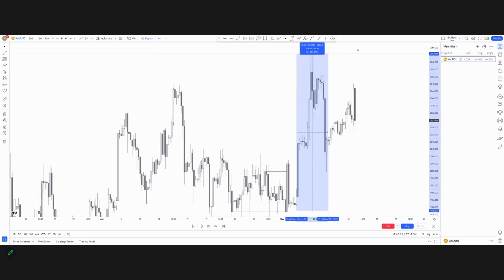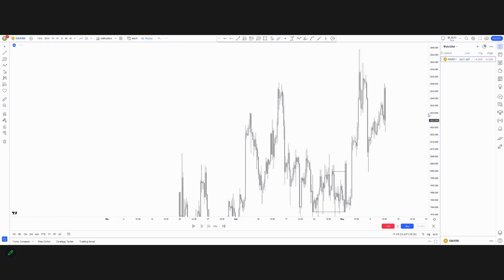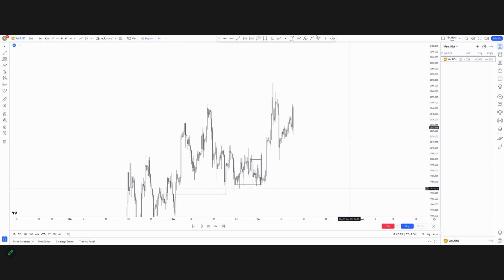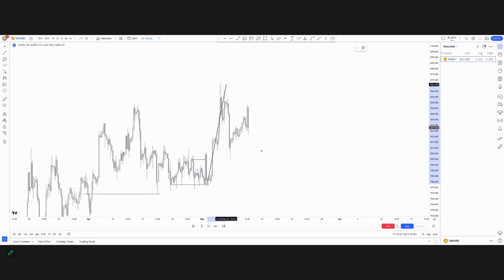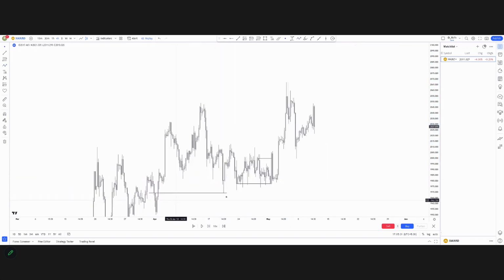Okay, look at the move. 800 pips. Yeah, so that's how price will fly. I'm anticipating the price to continue higher. Okay, so we have weekly and daily key level together. If we have weekly and daily key level together,